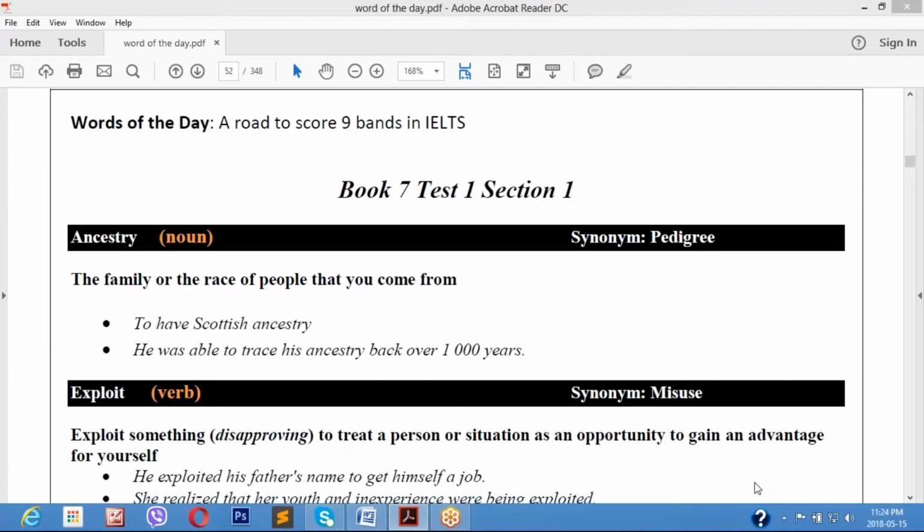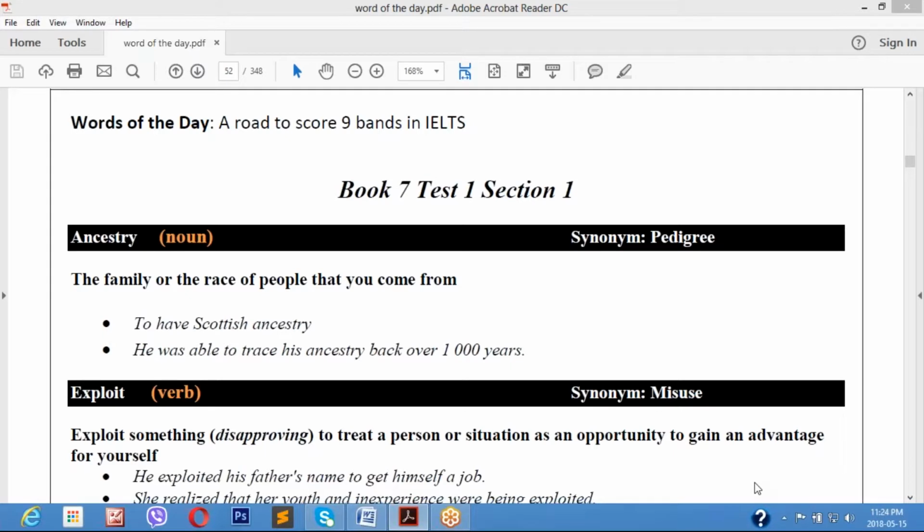So, right now we are going to discuss Book 7, Test 1. First word is ancestry. Ancestry means the family or the race of people that you come from. You are from this ancestry, Scottish ancestry, that ancestry, especially when we talk about, one example is Scottish ancestry,